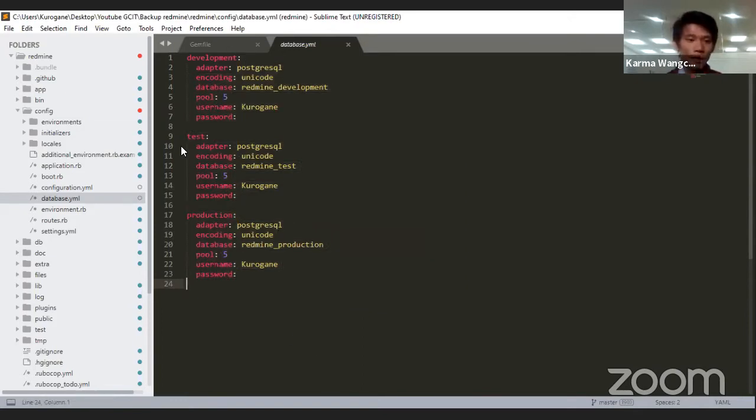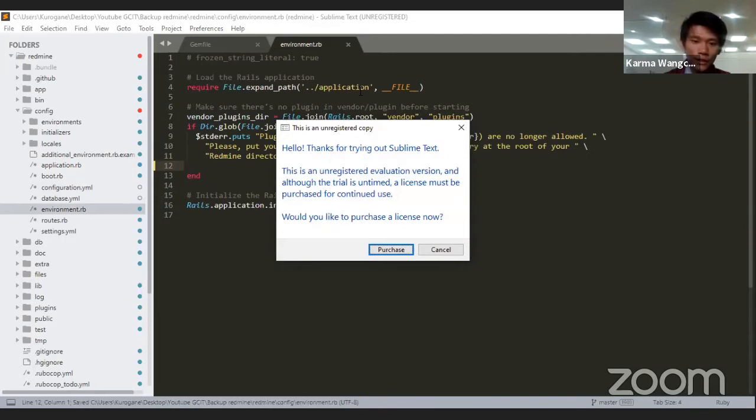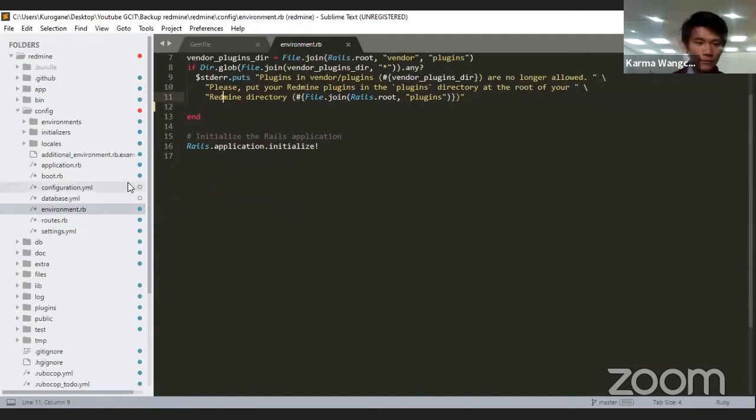Okay. Now, some configurations are left to be done. One more configuration that we have to do is go inside the environment.rb file and remove this exit. The manual says that if you remove this exit, then while deploying your Ruby on Rails app on Heroku, it will not give you any problems, in simple terms. So after this has been done,